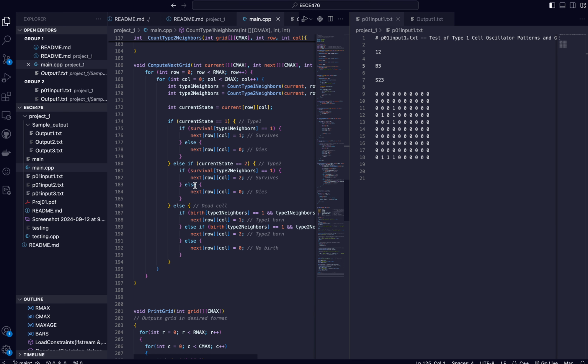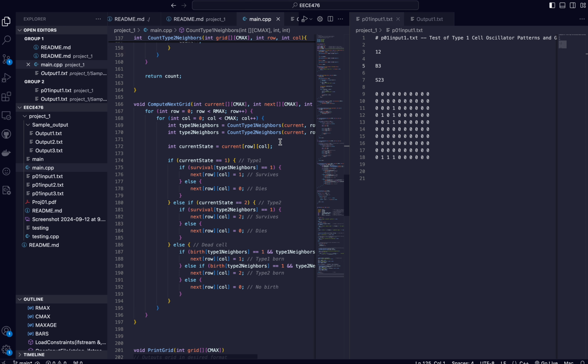Then now we compute the next grid. So here, as I mentioned, we're gonna calculate how many neighbors there are. As always, we're gonna go through each element of the 2D grid and find the current state, like if it's type 1, type 2, or 0, which in this case would be dead. So we're gonna first check if it's a type 1, then do the conditions, like if it survives or dies. Then we're gonna do the type 2, and check if it survives